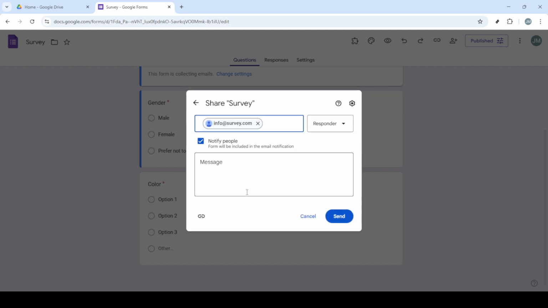Remember, if you ever need to adjust the settings or the list of participants, you can always return to the share icon and modify as needed. Sharing forms can significantly enhance your ability to collect information and collaborate effectively, whether it's for work, education, or